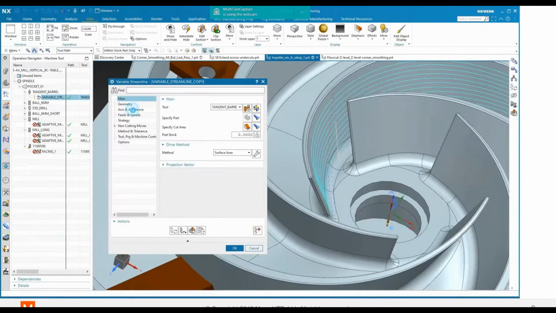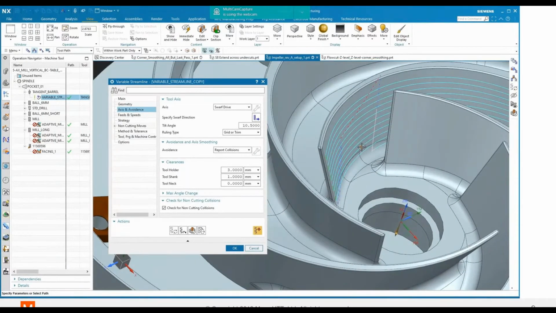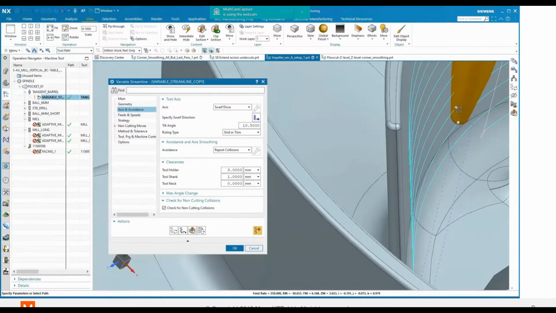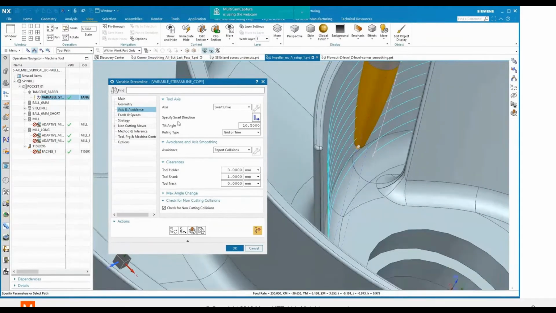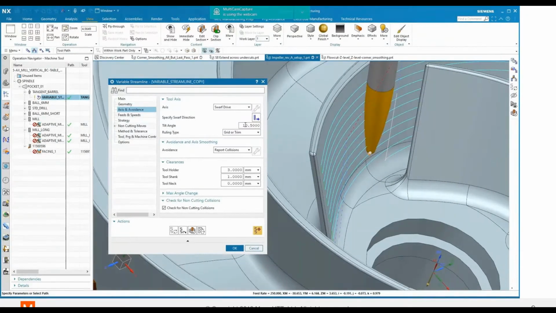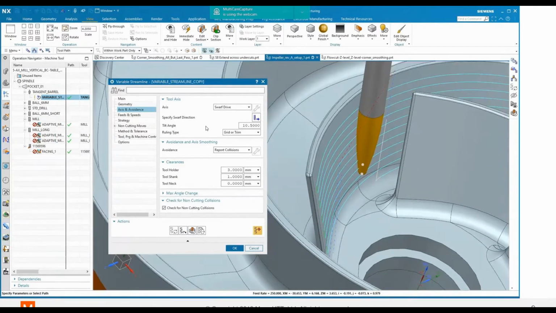And probably the most interesting part of the parameters is the way the axis is set up. So if I click here, you can see, again, the issue is you want to make sure that your cutting stays up on the tangent barrel area of the tool, not down on the radius, and it's behaving just like a ball end mill. And so in this case, I'm using a swarf drive to orient my tool with a 10.5 degree tilt angle. So it's a very easy way to set up your tools. It just looks at the angle locally of the surface and then the center line of the tool and drives it with a 10.5 degree angle there.